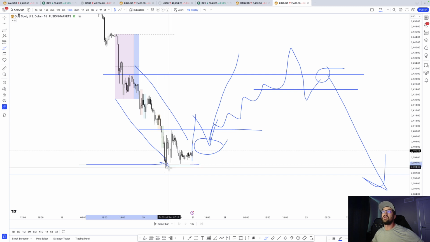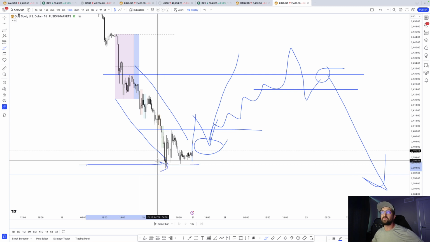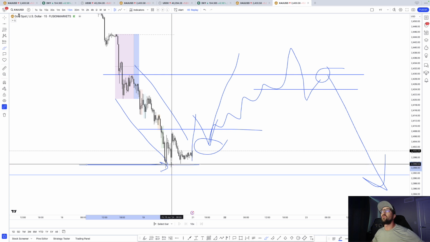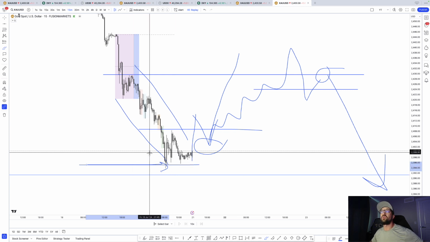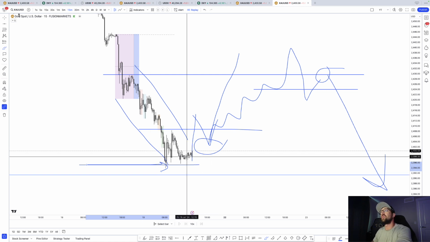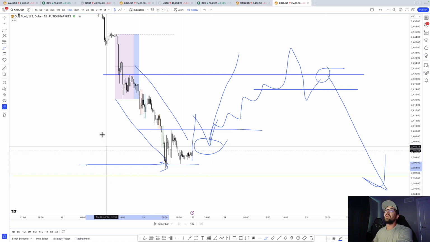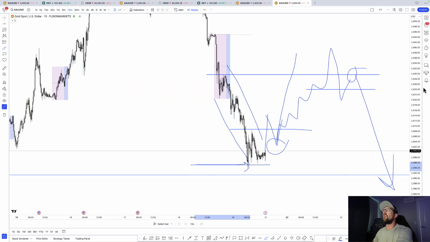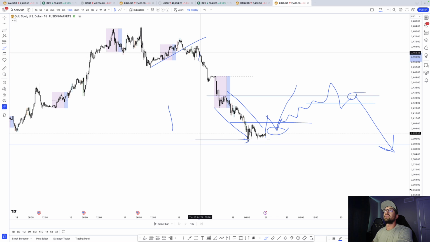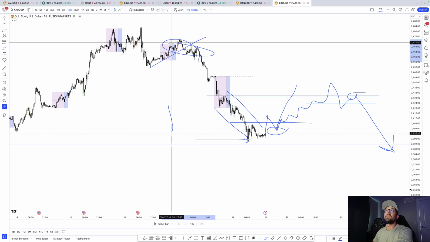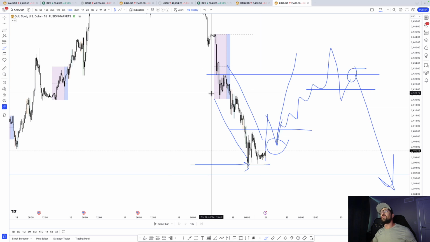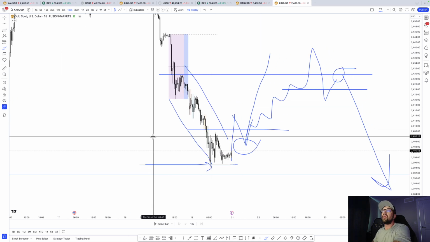The reaction has to come from a higher time frame imbalance zone or a higher time frame liquidity. So again, these stories don't mean nothing off the 5 and 15 unless you can tie the 1 hour, 4 hour, daily into it somehow. And ultimately, this is how I trade. This is how I'm able to know that this is sellable even though price is still bullish. The market will stack liquidity in a way where it's put there to be run,